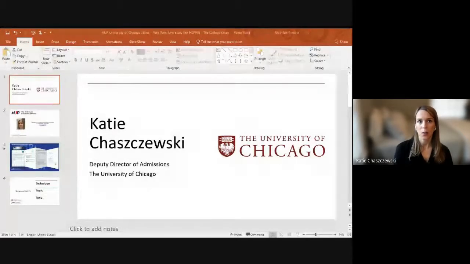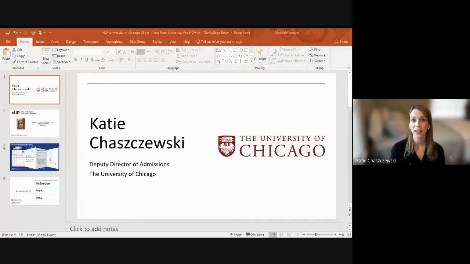US institutions are all very different. We have different defining characteristics about us. We're looking for students who are going to engage in our classrooms and in our extracurricular activities. And we're different, so what we look for in an application is a student who will fit at our institution, not just at any college or university.